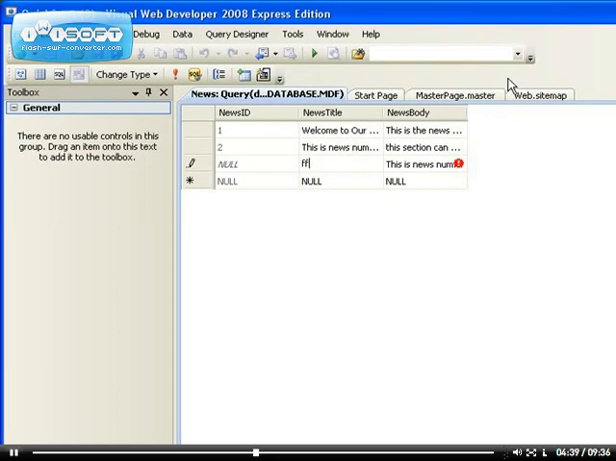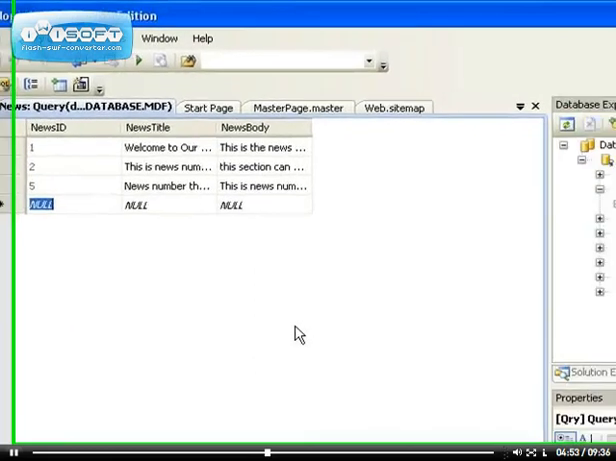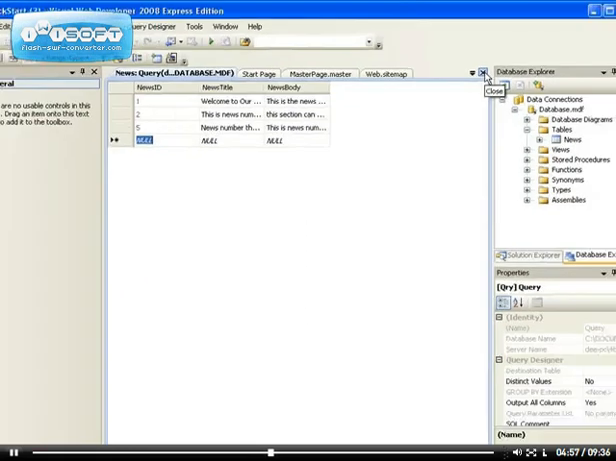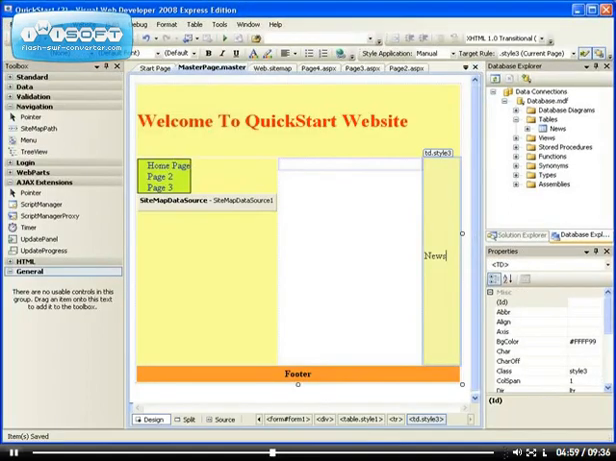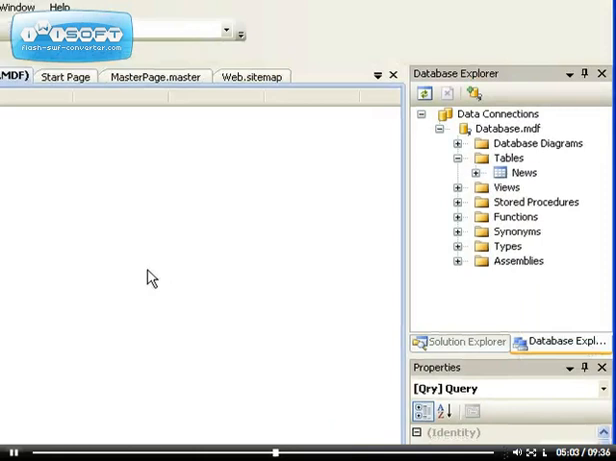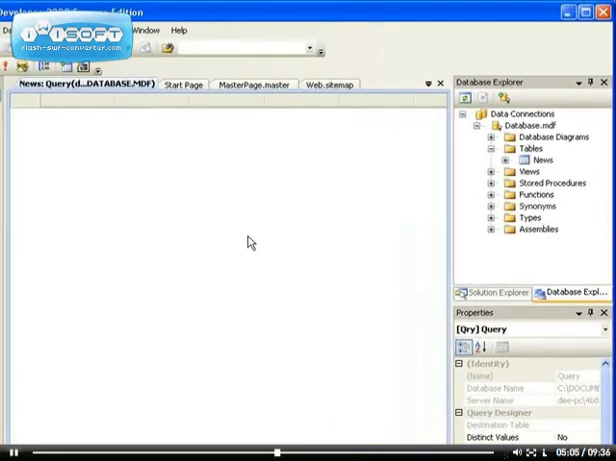So let me fix that. Come on, how long does it take? Right, so now we have our data in our website, inside our database. If you want to get back to where you came from, just say show table data, and we'll get